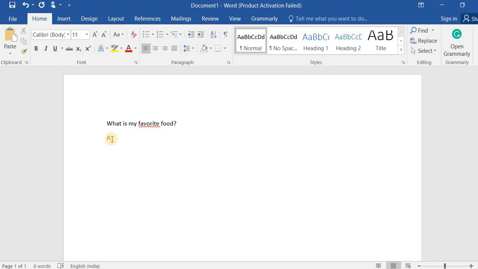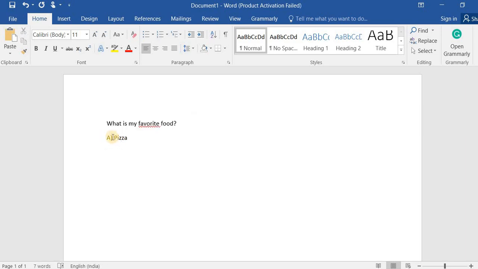So option A will be written as capital A and this one bracket and space, and then your option 1, like my option 1 is pizza. And make sure that the first word of your answer is capitalized, and this should be in the enumerate format.